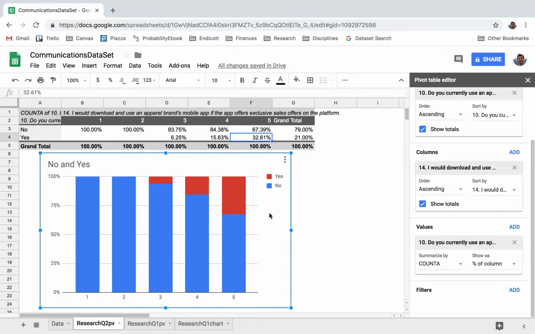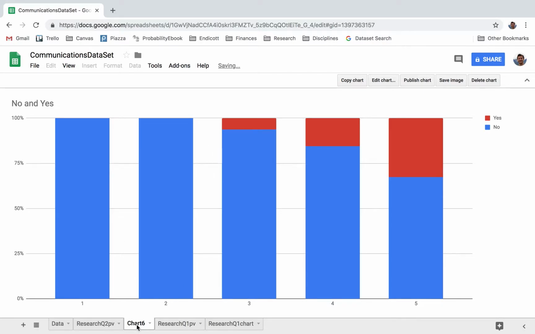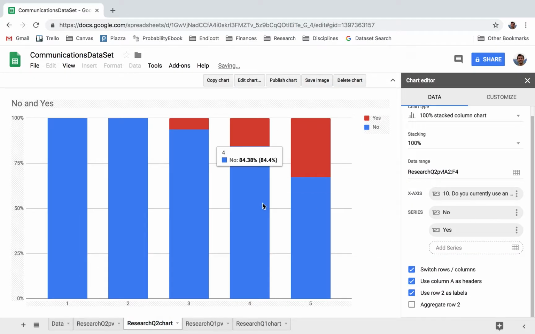Okay, so once you've decided on which visualization you want to use, whether it's this one or the other, remember, it's good practice to move the chart to a different sheet so that it's easier to view. I'm going to leave this particular one. I think it's easier to interpret. It sort of gets at our relationship. So I'm going to click in the upper right-hand corner, move to its own sheet, and then remember to change this research question 2 chart to something that's easy